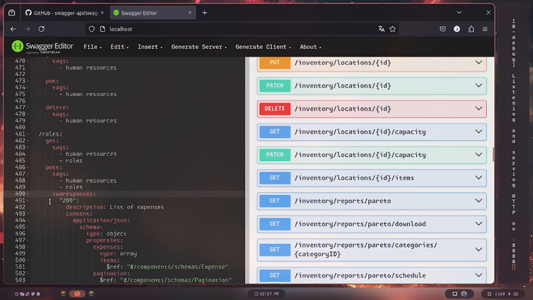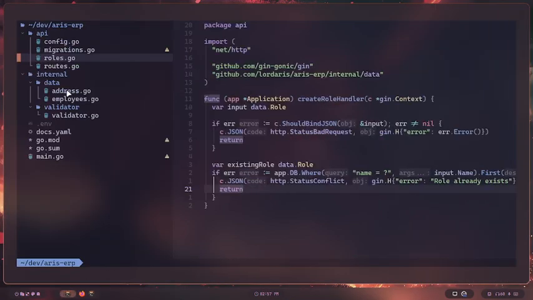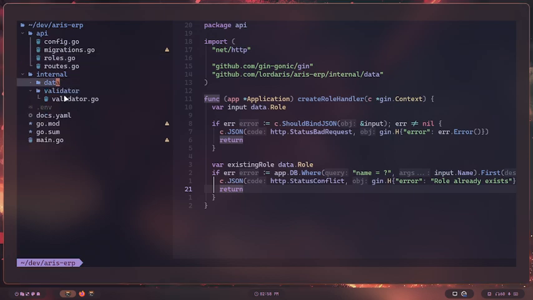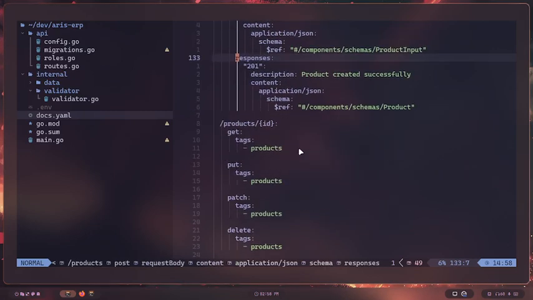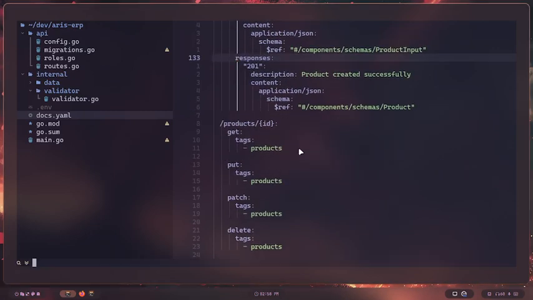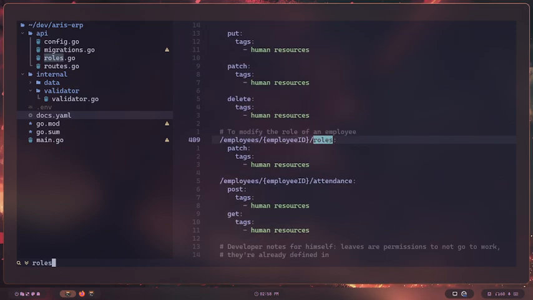I don't even want to modify it here. So the right way to do it is directly in my text editor, which is NeoVim, and I can go directly to the docs file, and I can go to roles,